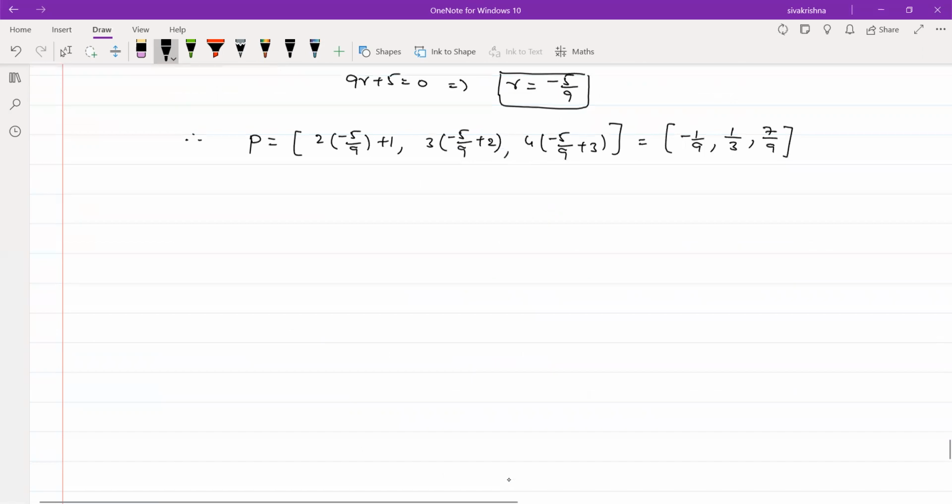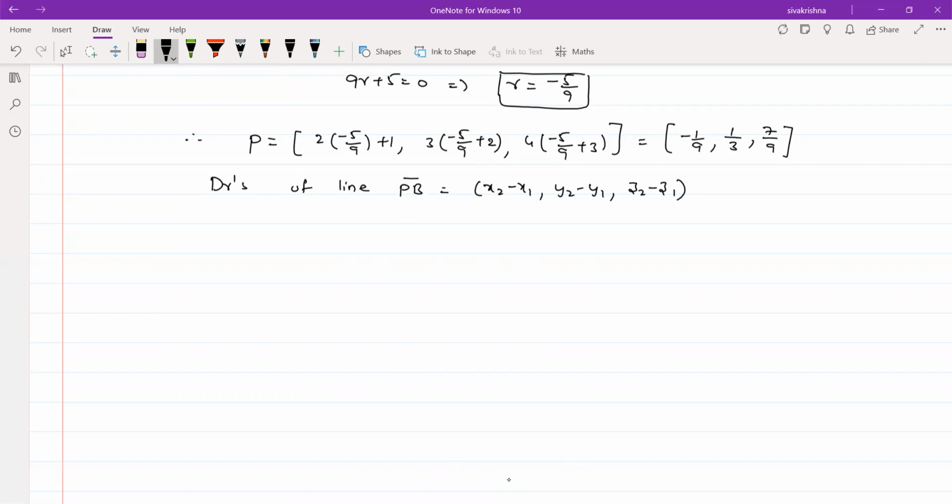Before going to find the equation of the line, first I am going to find the drs of the line pb. Okay, so this is equal to, the formula is x2 minus x1 comma y2 minus y1 comma z2 minus z1. Treat the point p as x1 y1 z1 and the point b as x2 y2 z2, or anyway we can treat any point as x1 y1 z1 and the other as x2 y2 z2.